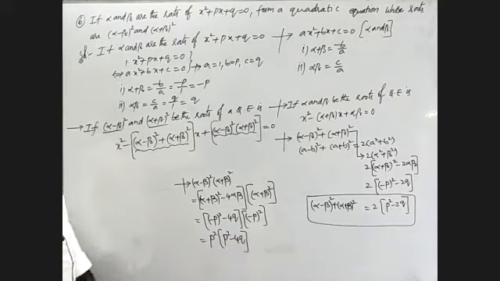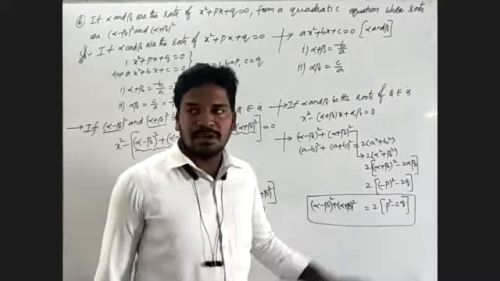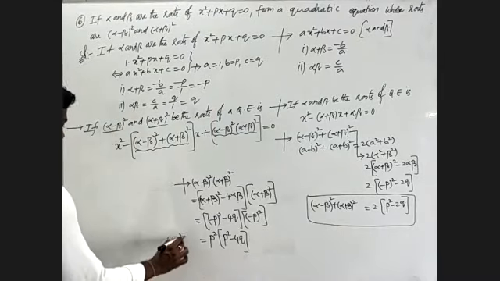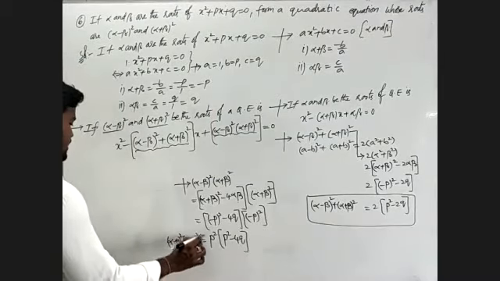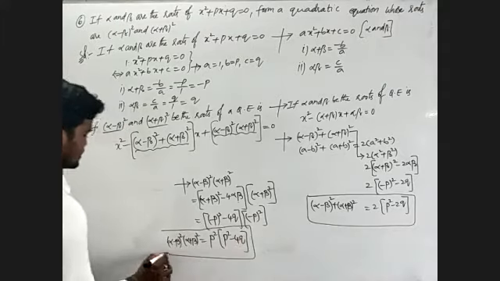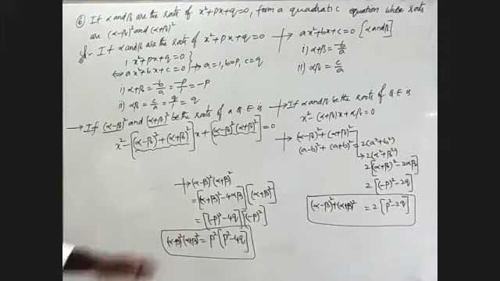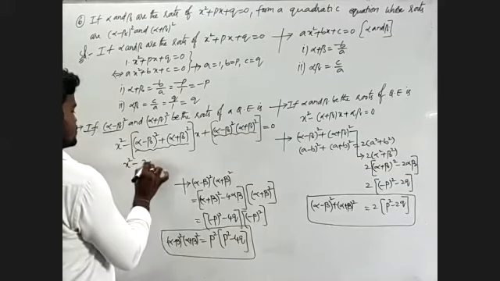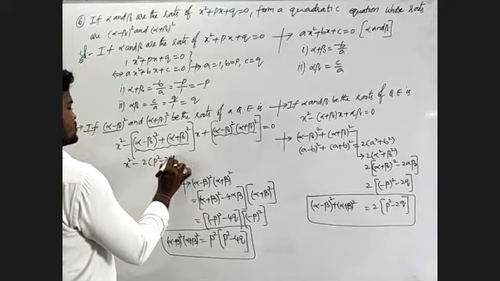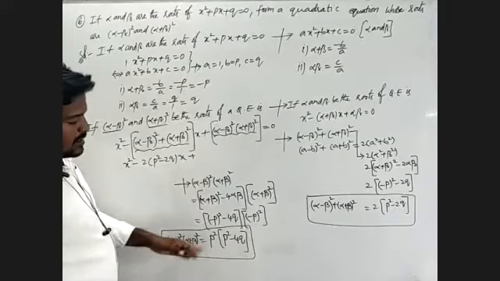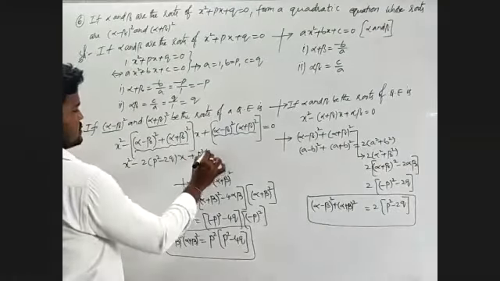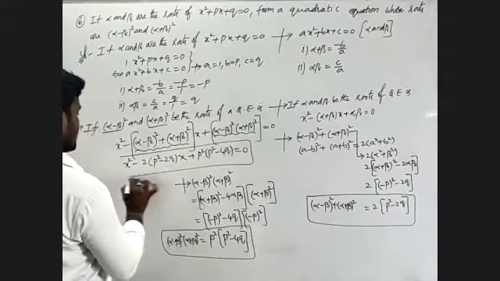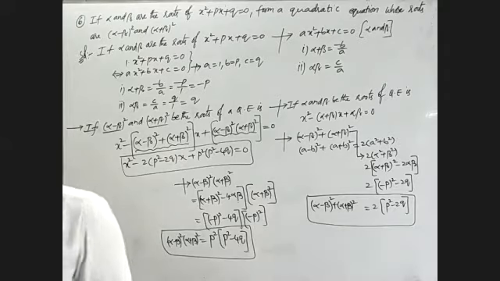We know the value of alpha minus beta whole square plus alpha plus beta whole square, as well as we know another value: alpha minus beta whole square into alpha plus beta whole square is p square into (p square minus 4q). We have to substitute in this one. I will write x square minus 2(p square minus 2q) into x plus p square into (p square minus 4q) is equal to 0. This is the proof of the given problem. We'll write this one, after that I will explain the next problem.